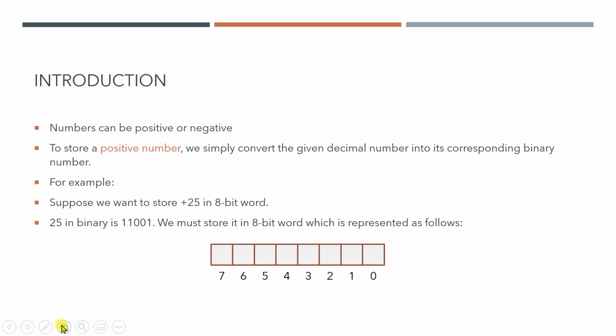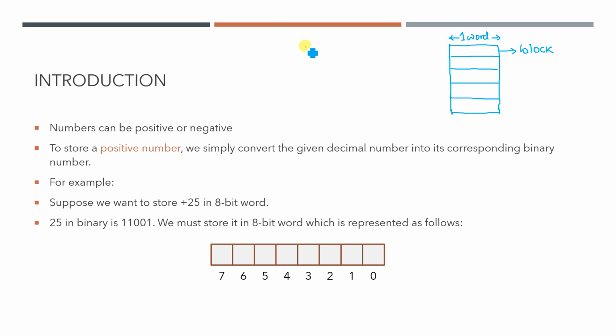So the new term here is word. So what is a word? Generally speaking, whenever you are given a memory, the memory is divided into a number of slots. Suppose this is the primary memory given to you. Then the memory is divided into a number of slots, or we can say a number of blocks. This block is representing one word. So let's say this is one word. The width of this block is representing one word.